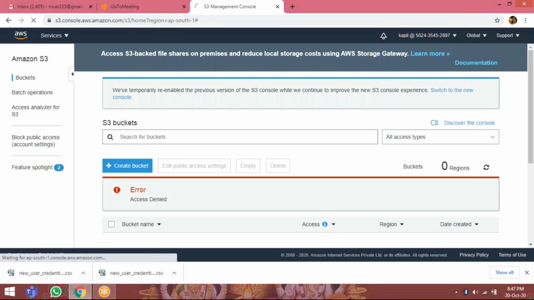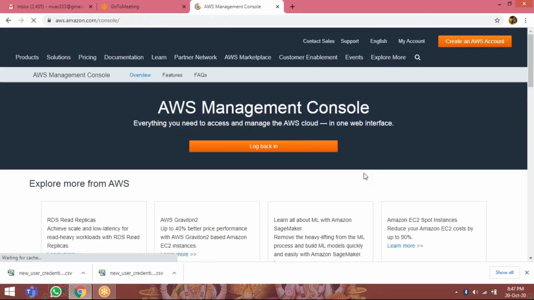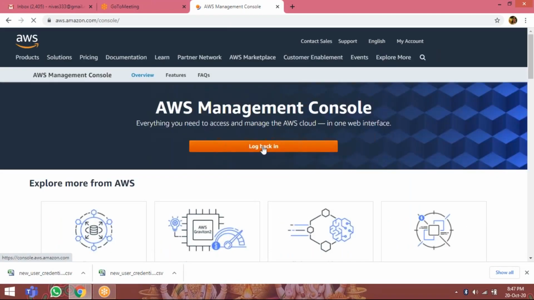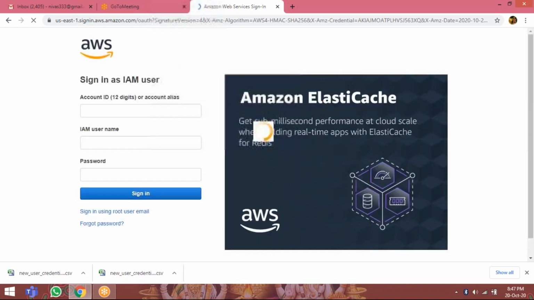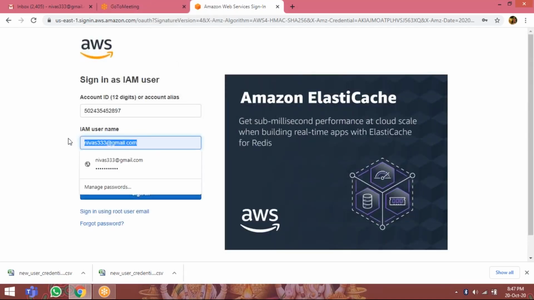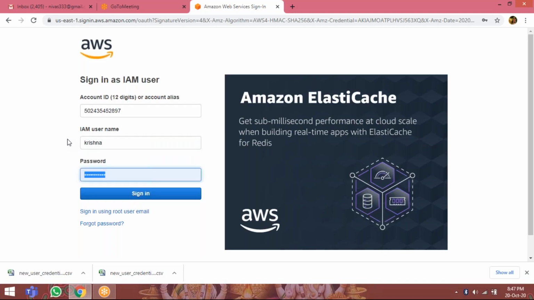Log in as a Krishna user. Krishna user, I given the permissions to S3 storage. Log back in. Now you can log in as a Krishna user. Username Krishna. Give the password.